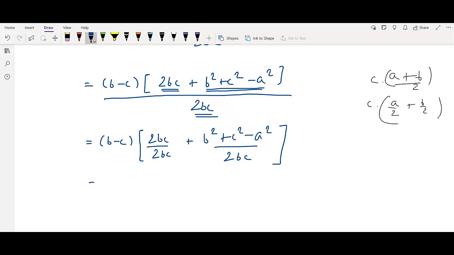So these 2bc's cancel out, b minus c, I end up with 1 plus, and what you should note here is that this term b square plus c square minus a square is nothing but the expression for cos of a, right? As per the cosine law, cos of a equals exactly this. So once you have figured that out, you can substitute this term as cos a here,